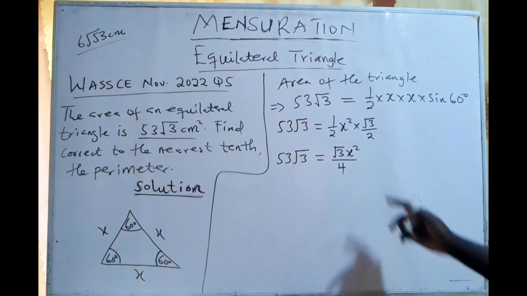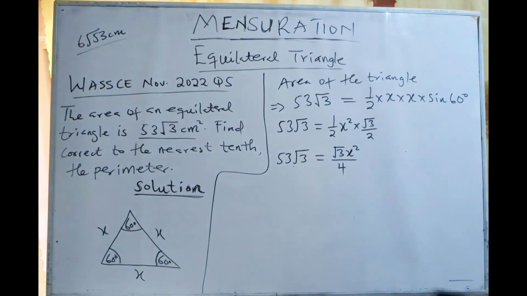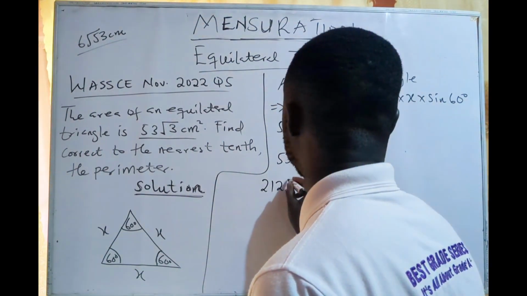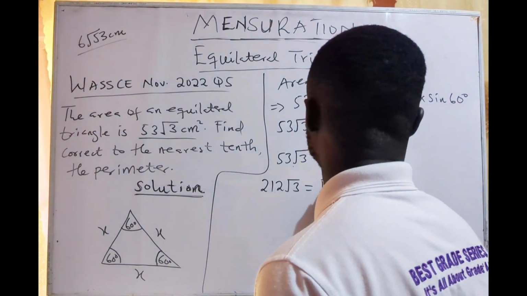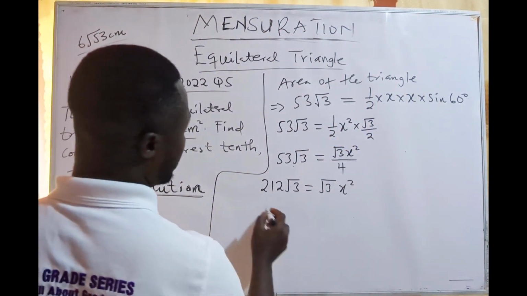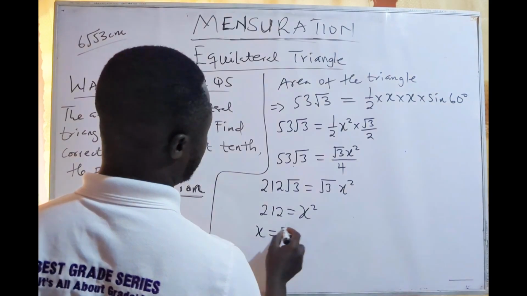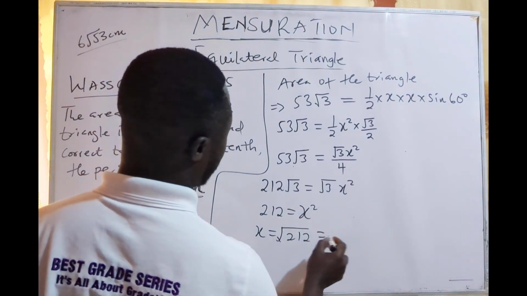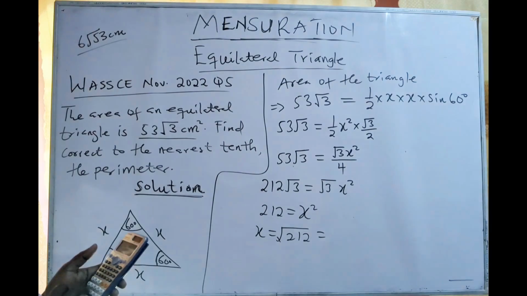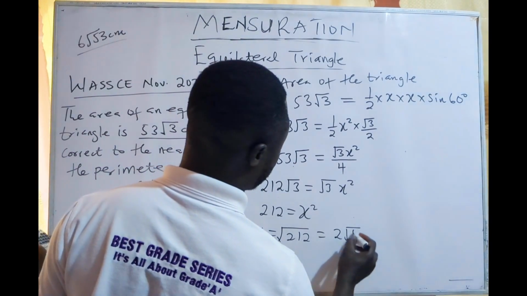If you remember when we were solving the first, we have something like this: root 3 s squared, 2 times 2 will give us 4. So 4 times 53 gives us 212. So 212 root 3 is equal to root 3 s squared. We divide here by root 3 and here by root 3, so the root 3 will go, and I have 212 equal to s squared. Now x will be equal to the root of 212. I think using this makes it so simple for us. So root of 212, we had 2 root 53